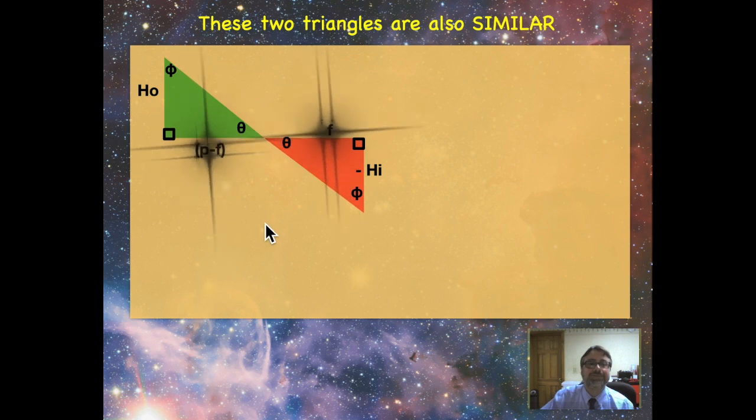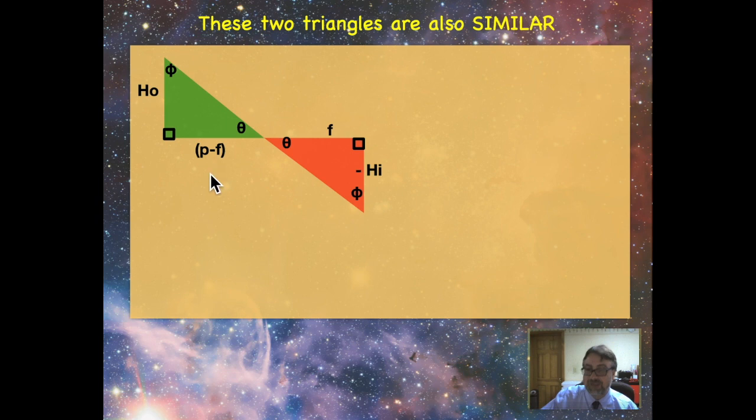For the green triangle, well, this was not the full distance to the mirror. This was the distance to the mirror from the object, but minus this focal point. So this side of the triangle is P minus F, or again, some books would say DO minus F. For the red triangle, the way I drew the triangle, that side of the triangle is equal to the focal point. So these are the setups of my two triangles,